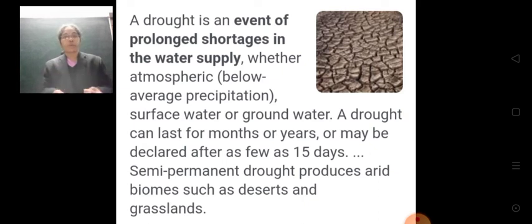Sufficient water is not available in these states. Some more states are there: Madhya Pradesh, Maharashtra, Karnataka, and Odisha. All these states are facing